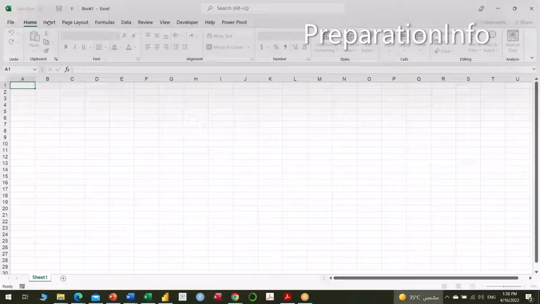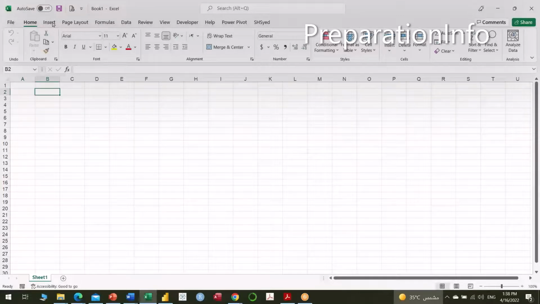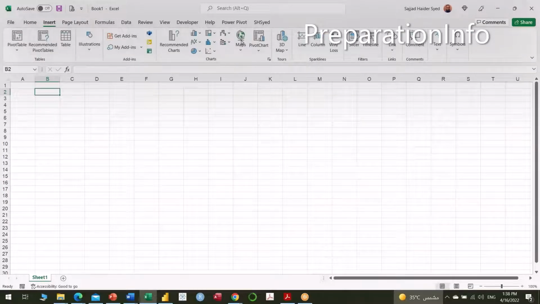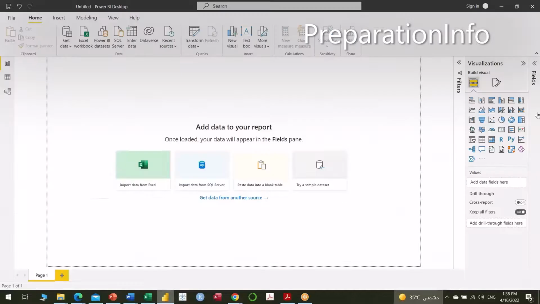What I was trying to show you is that if you go to the Insert tab, you will see those chart possibilities, and here is the chart area that you can create. So this is the same in Power BI. You have this whole set of visualizations that you can create. And the last thing that I was showing you, here you see fields,